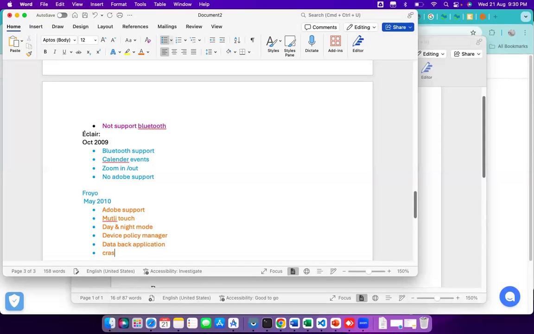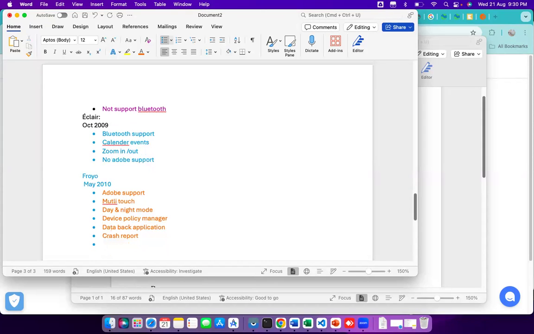Next is crash reporting. This is for developers. For example, an app is in the Play Store, but suddenly it crashes somewhere. The developer has to identify that. So for that, now automatically as a developer we will get an email saying such and such mobile version crashed because of such and such issue. What happens is we can immediately resolve that issue and re-upload it.